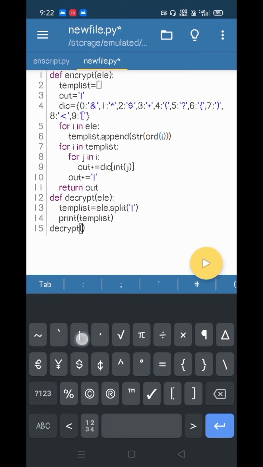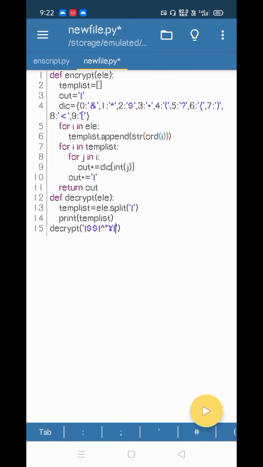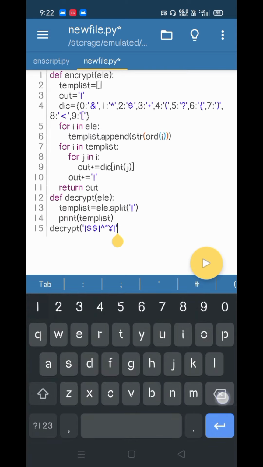For this time, let me not use any symbols, just for checking purposes I am using some symbols. So let me run it. You can see we are getting empty strings at the starting and ending, so we should remove them.